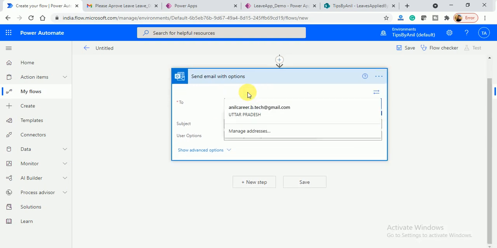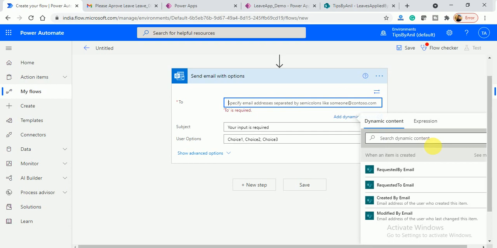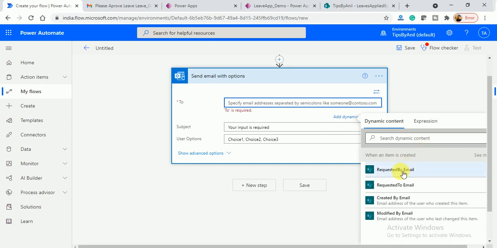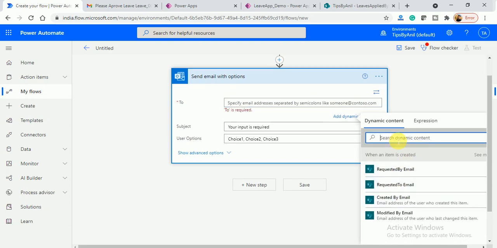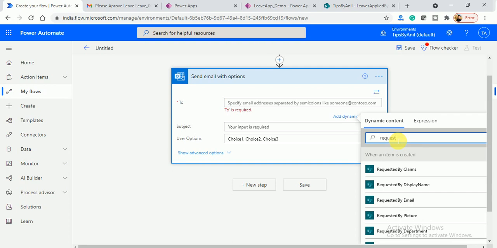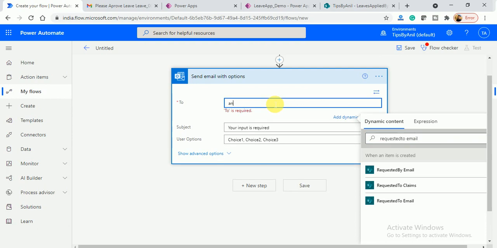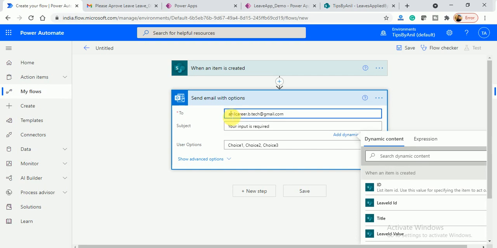In the To field, either you can send it dynamically to your manager, like requested to email, by searching for it in the dynamic content, or you can send it by just typing the email ID over here. So I put this email ID over here.